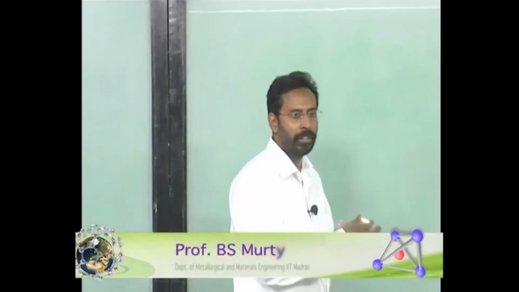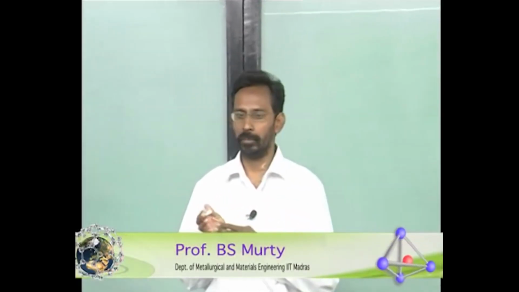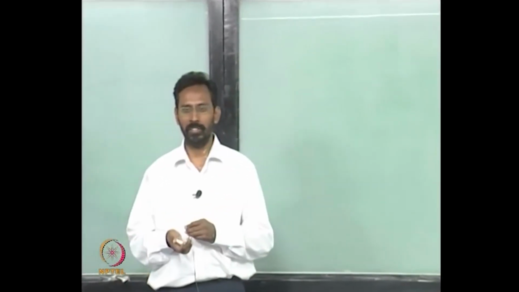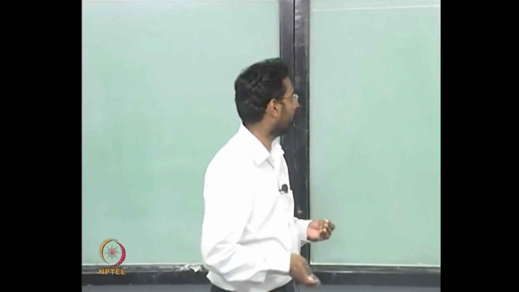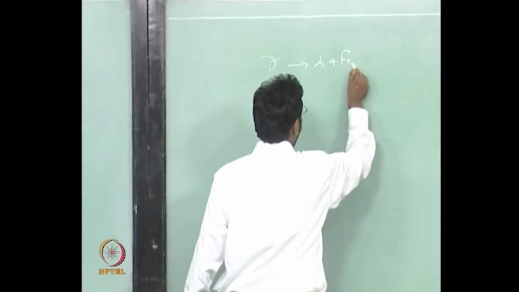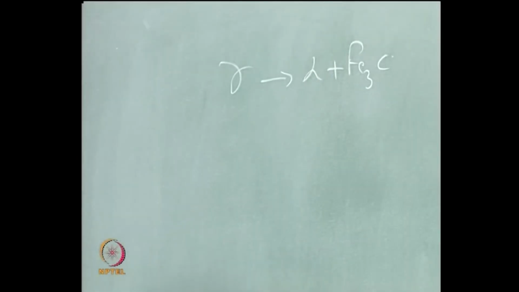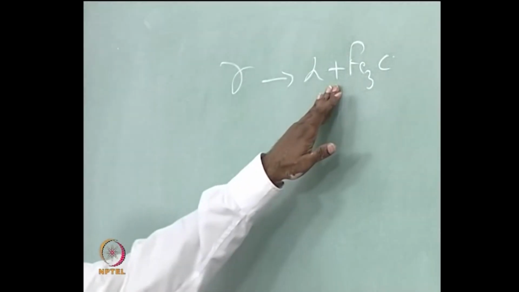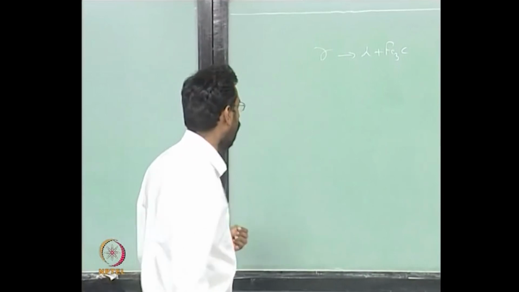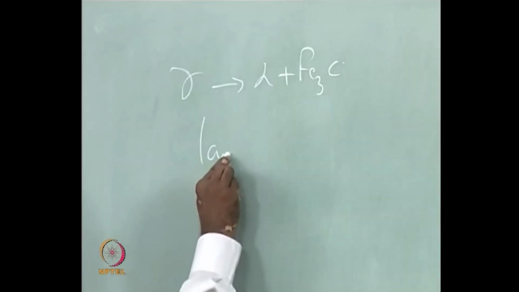So, we will continue with our discussion on the eutectoid transformations. We took up the case of the steel, which is an easy and more commercial example for us, where the gamma gives you alpha plus Fe3C, and in this we see that depending on the temperature at which this transformation is taking place, where the gamma gives alpha plus Fe3C, there are different types of products that are possible, different morphologies that are possible, and each morphology has a certain name given to it. The lamellar morphology is what we call pearlite,